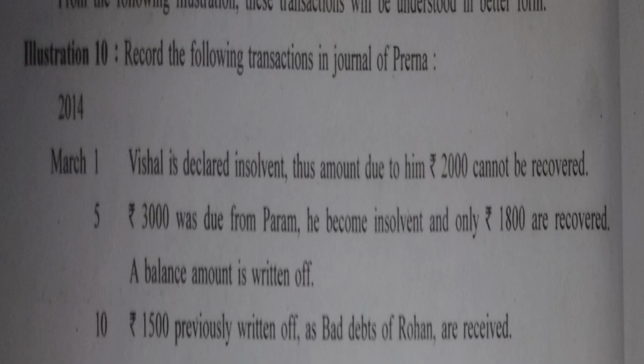So moving towards the next illustration, which is illustration 10, you can please keep your book open with you. Textbook I'm talking about. The illustration is given on page number 78. It is having only 3 transactions, but it is very important to understand. The concept is about bad debts and bad debts recovered. So firstly, let us have a little bit of introduction about the same so that we can solve the given transactions easily.